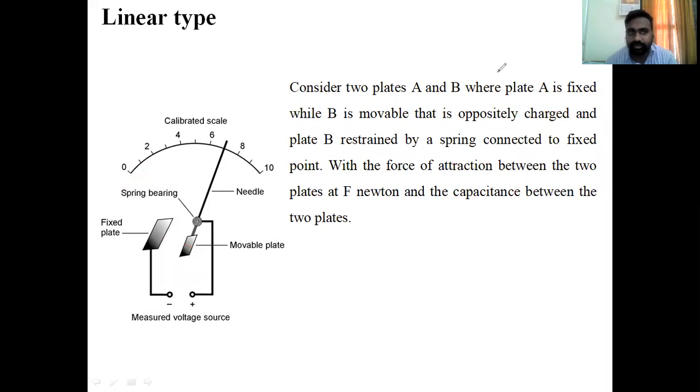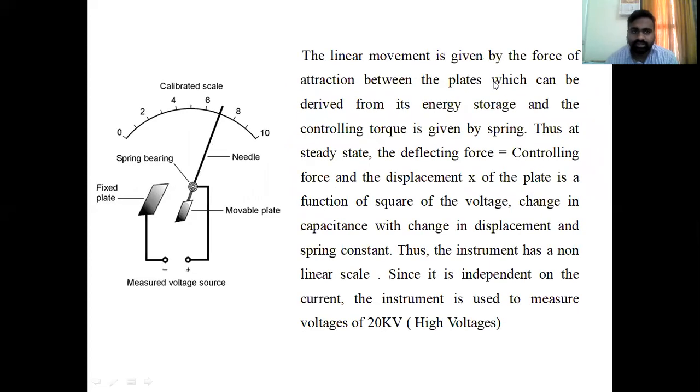So this is a linear type electrostatic instrument. So why is it a linear type? Why are we calling this a linear type? Most of you said in the previous class, because of the construction. Because the fixed plate and movable plate are both constructed in a linear manner, and both are placed oppositely, adjacently, in a linear manner. Right? It is one of the things.